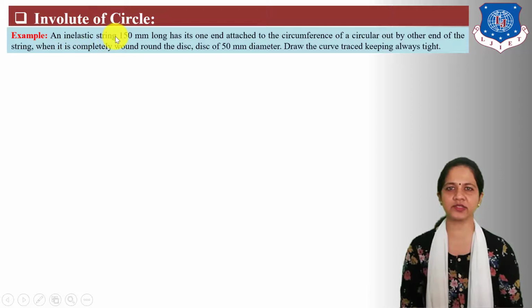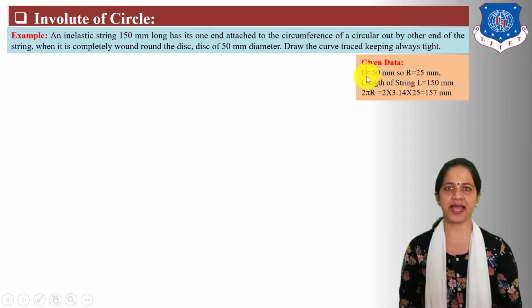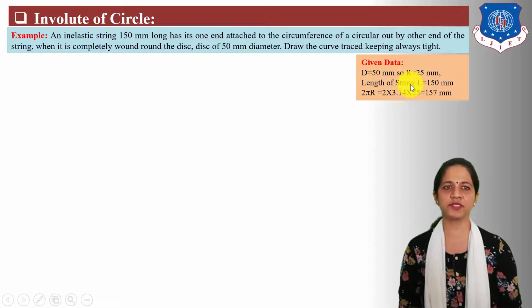An inelastic string 150 mm long has its one end attached to the circumference of a circular disc of 50 mm diameter. Draw the curve traced out by the other end of the string when it is completely wound round the disc, keeping it always tight. First, list out the given data. Diameter of disc is given as 50 mm, so radius is equal to 25 mm. Length of string L is equal to 150 mm